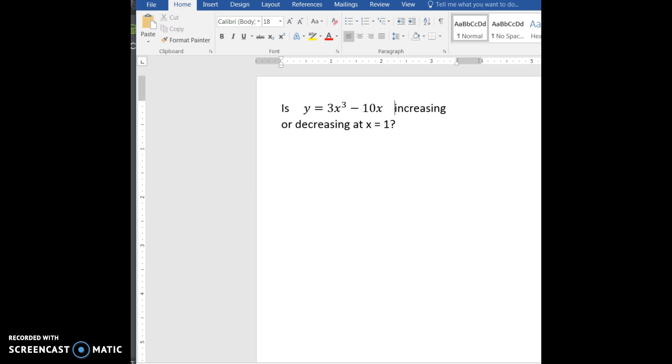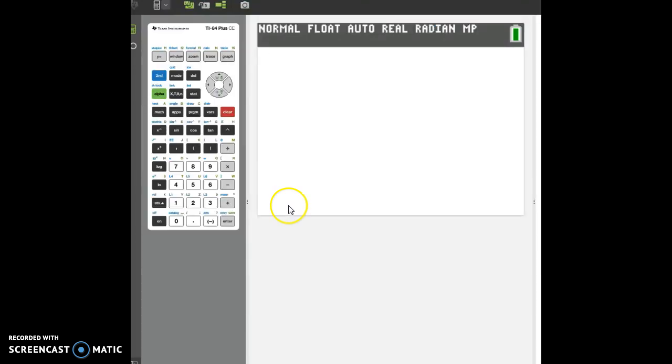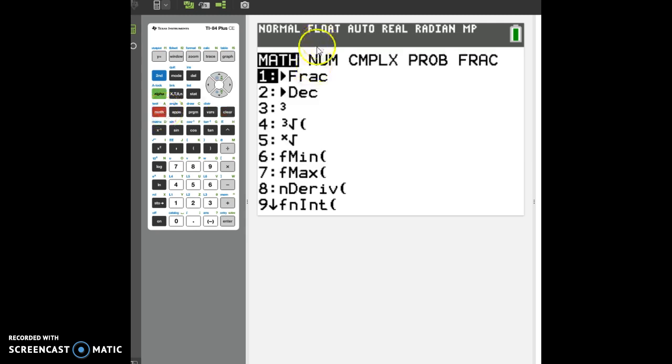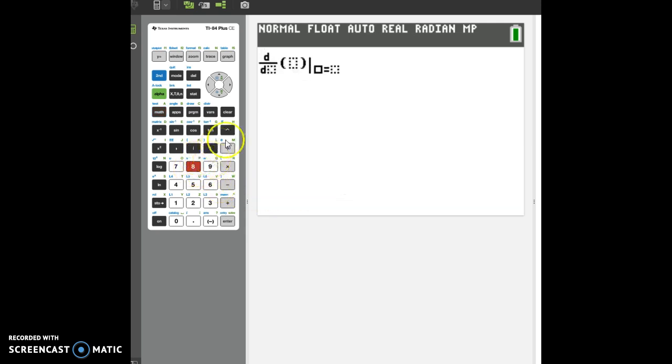Well, on a TI-84 CE, if you go to the math button right here, notice number 8 says nDeriv, which is the numerical derivative, and it finds the value of a derivative at a specific point. So go ahead and select that or choose number 8. We want to find d/dx of, type in our function, and our function is